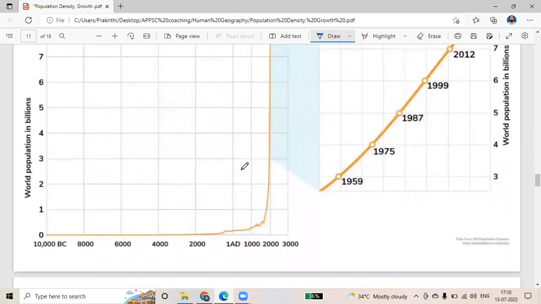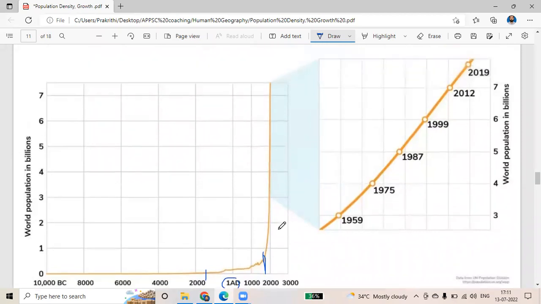So if you look at this population, 10,000 BC, 8,600, 400, 200, it is almost flat, very low up to here. Then the population started rising when it comes to AD. Now it is almost crossing 2000. So if you look at this point, up to here it was fine, almost 200 and up to 1800 it was fine. Then from there, it was steadily increasing.